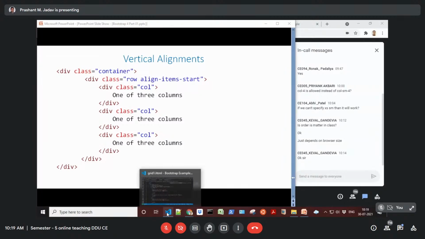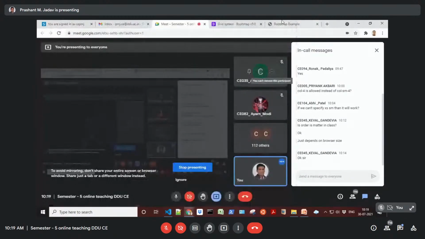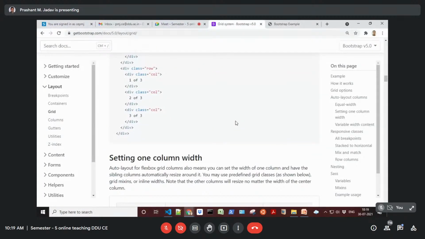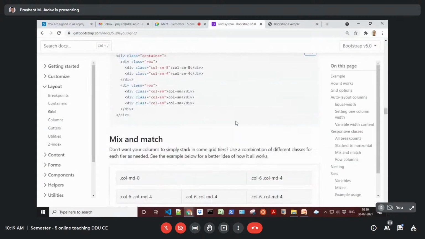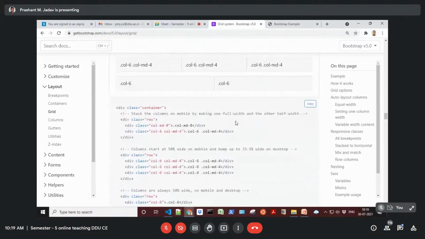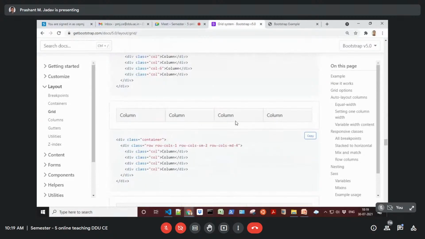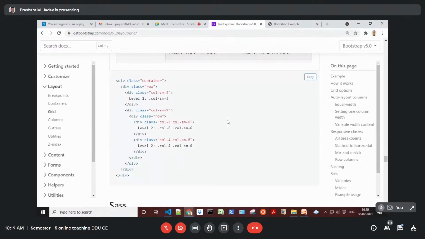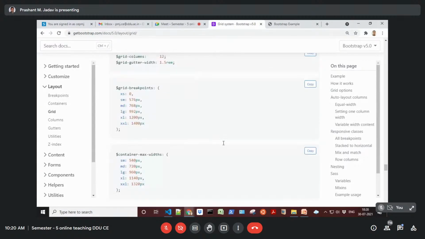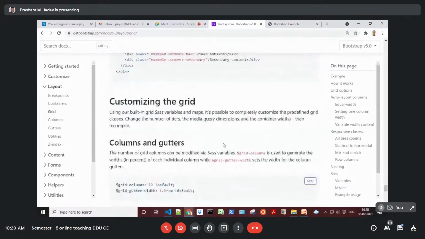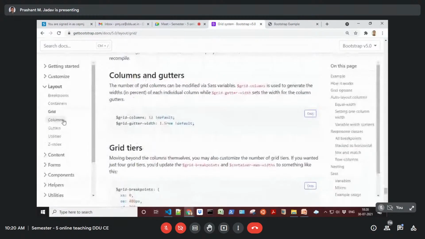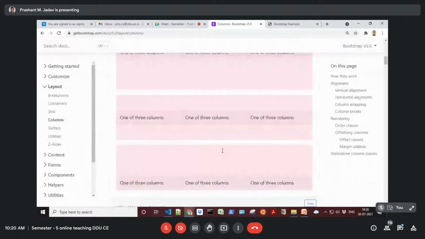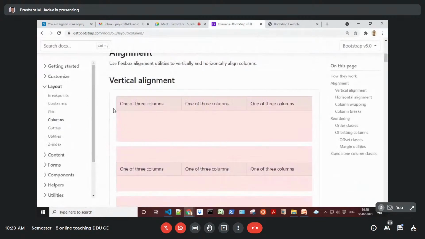If you directly look at the output in the documentation, for CSS Bootstrap classes, you can simply refer to this documentation. Many examples are already provided. You can simply copy paste these examples and try them out on your own. Yeah, these are the alignment related. So this is the vertical align.